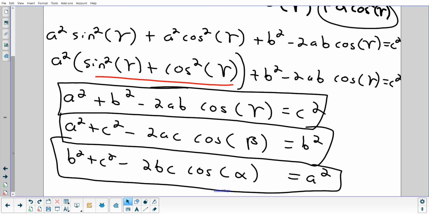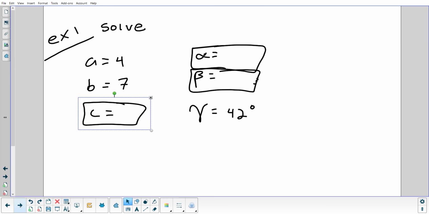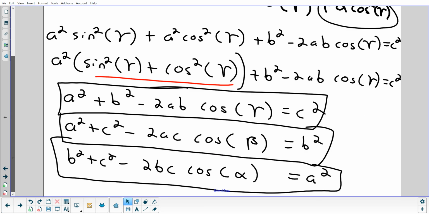You cannot be missing anything else. So you have to use the version that's going to utilize the 42 degrees, which is this one. You have to do that one this time. All right, so let's set that up and